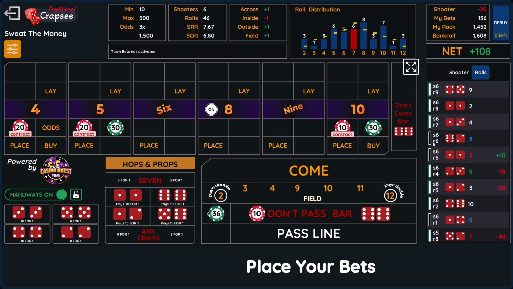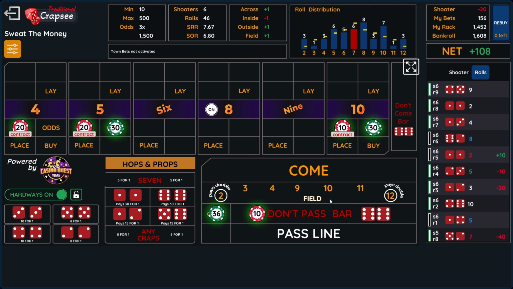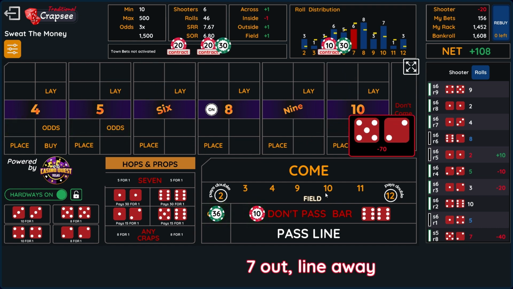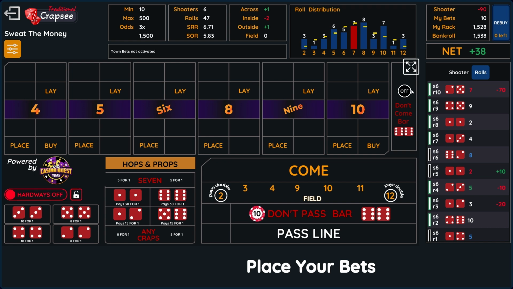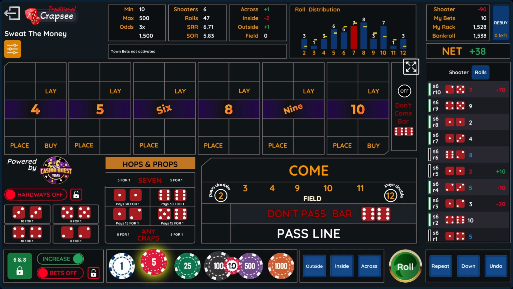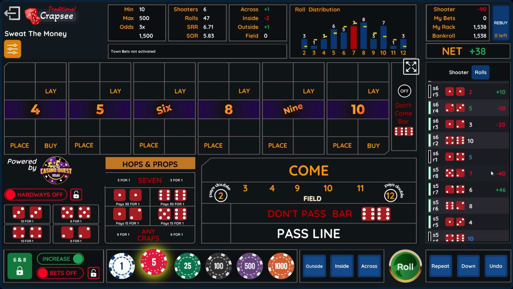Okay, so here's a situation where we're hitting some numbers that we don't have up, so we're not winning or losing. And there comes the 7, so that was a losing roll. Okay, and I think that's a good show of worst case scenario. There we go, we lost $90 there. So that was a big loss. We only ended up 38, still up overall though. So 3 winners, 3 losers. We had that one big loss there on shooter 6. So we hit that 7,